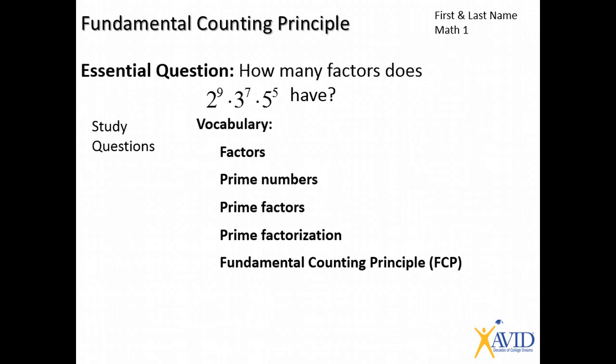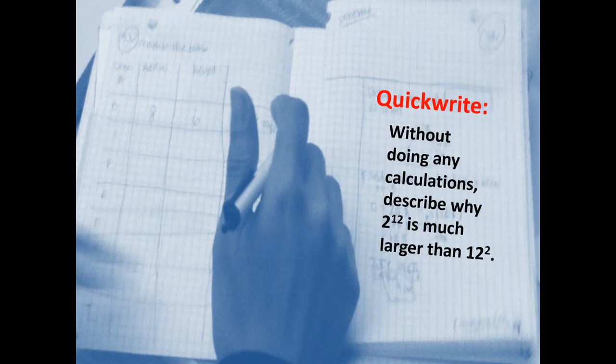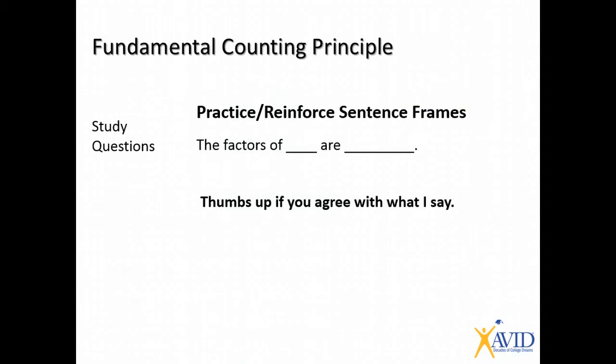So here are the words again. Just hit pause, take as long as you need, and add those symbols. Okay, now we're going to do a quick write. Without using any calculations, describe why 2 to the 12th power is much larger than 12 to the 2nd power, or 12 squared. Now, another thing that we can do to differentiate instruction is sentence frames,